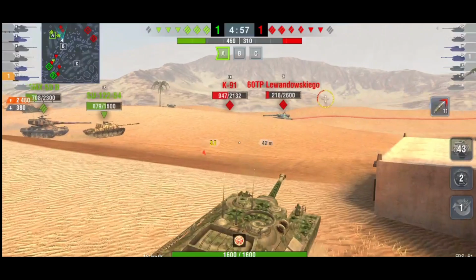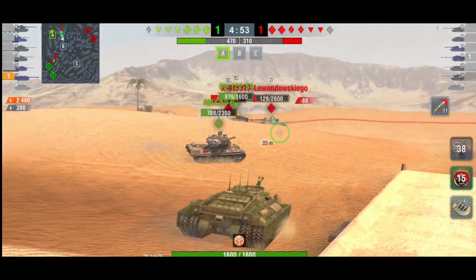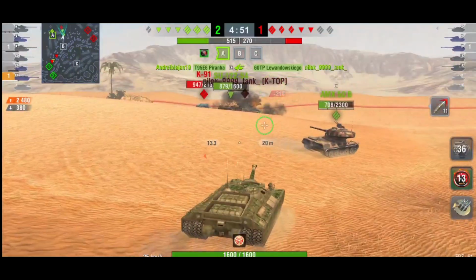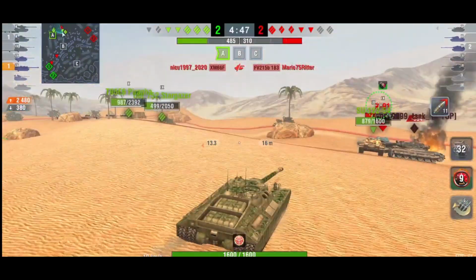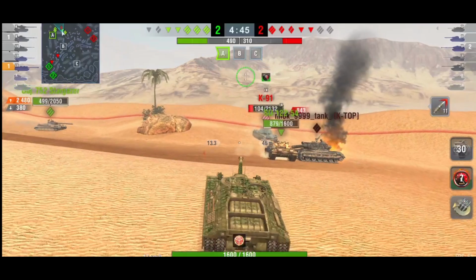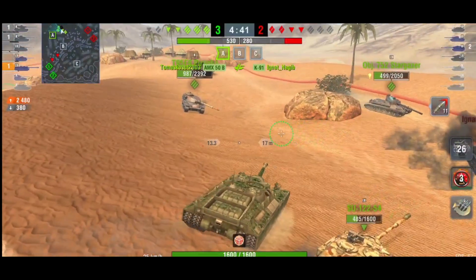And even here, you can see I'm just trying to get as close to the building as I possibly can. But if you've got teammates surrounding you, if you've got a bit of protection from your teammates, then of course you can play it a little bit more risky. And I don't even know why I even...